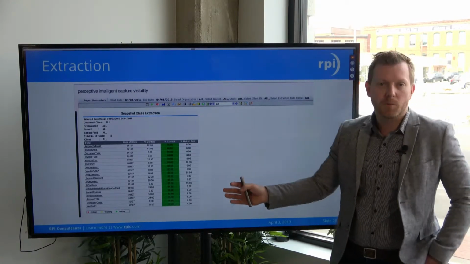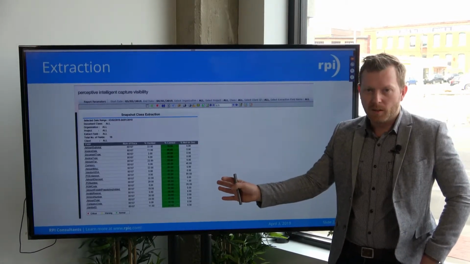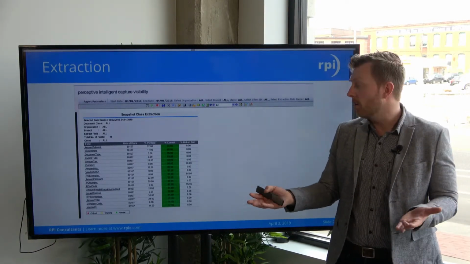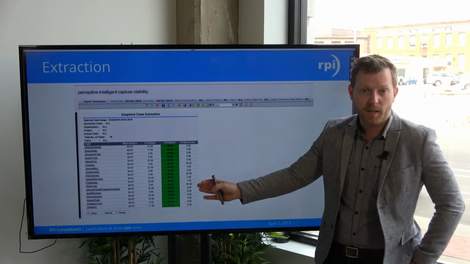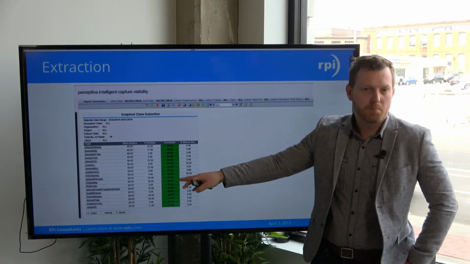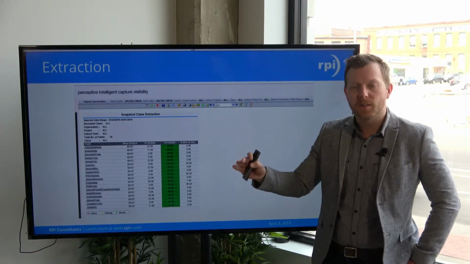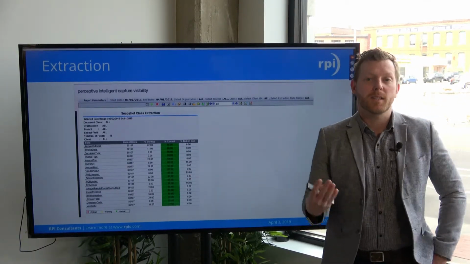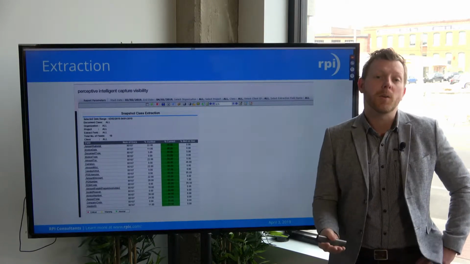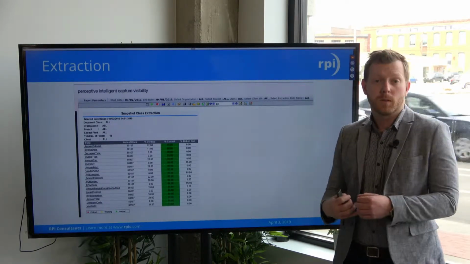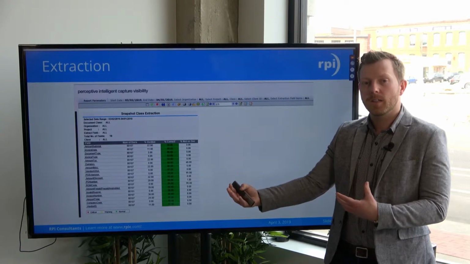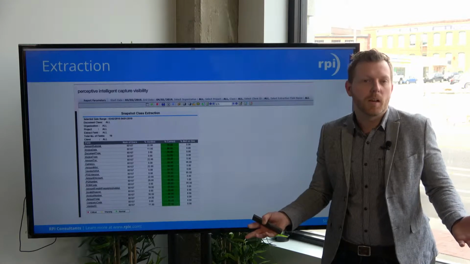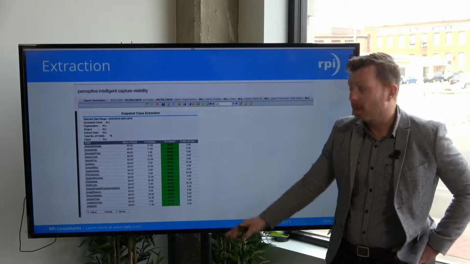But this report's great to run, and this is an out-of-the-box report that can be run to basically say, for my OCR solution itself, we are getting great extraction rates. If it's maybe not so great, you can set a threshold and highlight it in yellow or red and identify areas on an invoice document where we just aren't getting that value. What plan can we put in place? Does it require more training of the OCR technology? Or does it require us to talk to the vendor, or do we need to just not extract that value altogether to improve that?